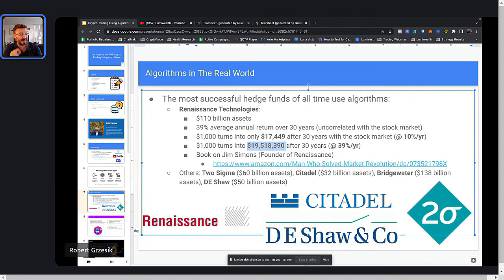Very, very dramatic difference. So you're looking at that number, 39%. You might think, oh yeah, it's only 4 times the stock market. It's 4 times the stock market every single year and compounding every single year. You end up with significantly more money. This is more than 1,000 times more money because of that. Significant difference. Imagine you can make returns like that. You would be extremely wealthy. I mean, you take your life savings, put it into that, just wait for a bit, you'll be one of the richest people on earth. You know what I mean?